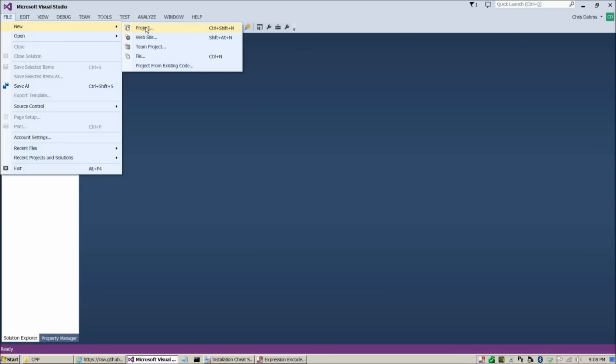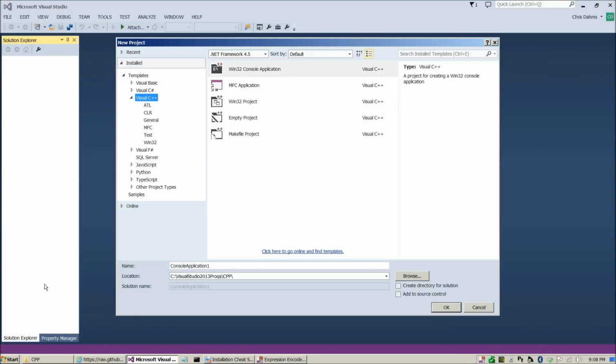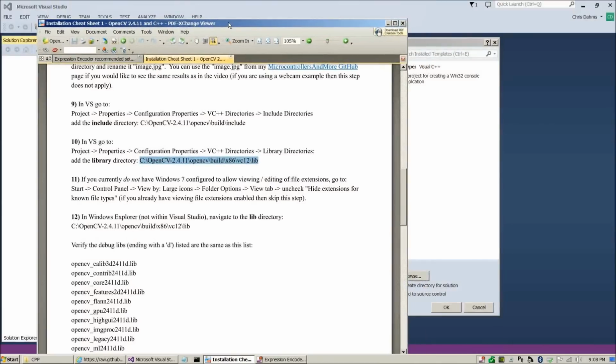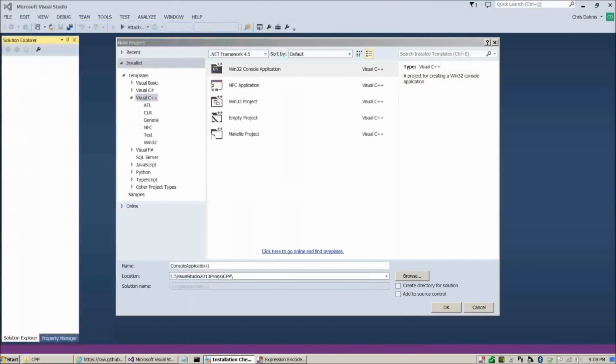And then we're going to make a new project here, file, new project. And let's see, here's the installation cheat sheet that I mentioned earlier. This is installation cheat sheet 1. We're going to use this to configure our project here. So let's call it